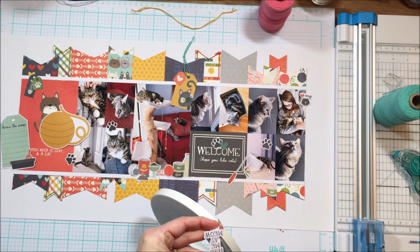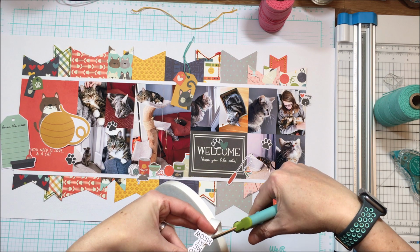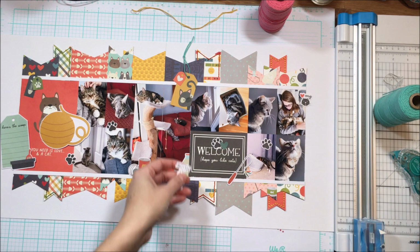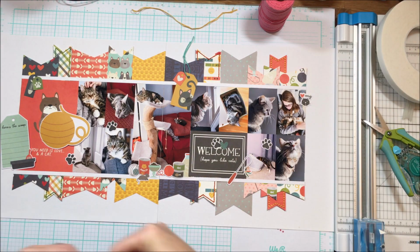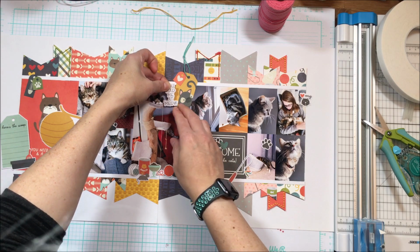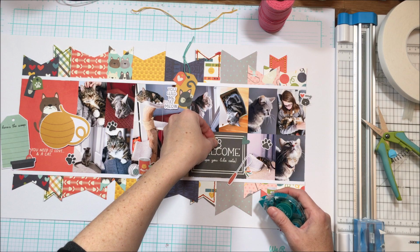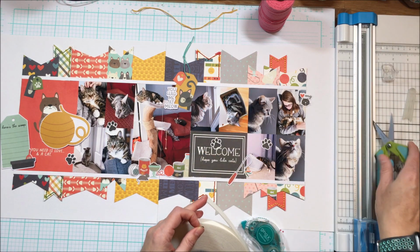I want to add a little bit of embellishment to it. There's a lot on the page, and do I need the embellishment? No, but I like to have the clusters, and I have the stuff, so I'm going to use it. So I've pulled out a lot of the tags, and cats